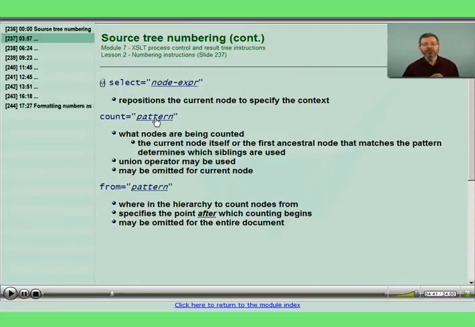This is a union list of patterns, and in this list of patterns, the processor takes a look at the current node and asks, is the current node in the nodes being counted? If so, it just goes ahead and continues with the process, adding the number of the current node with all of the properties that apply. If, though, the current node is not what is being counted, the processor begins walking up the tree until it hits the closest ancestor